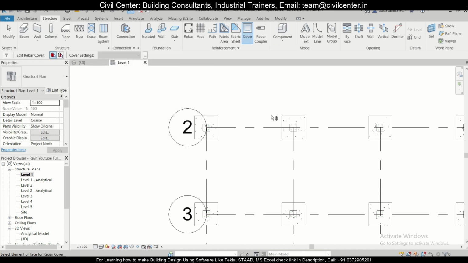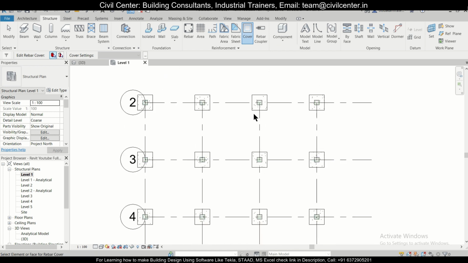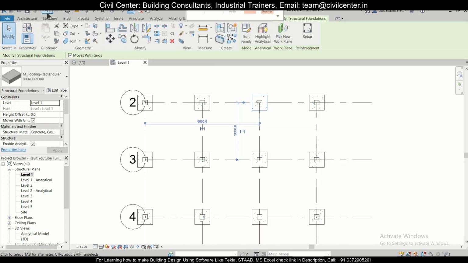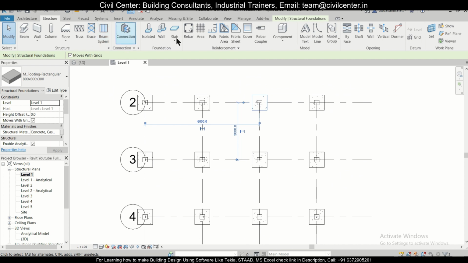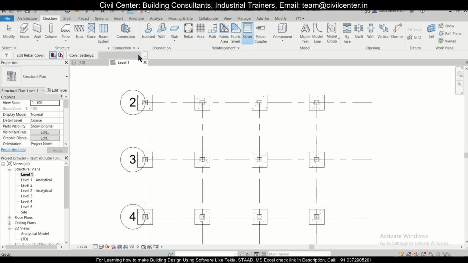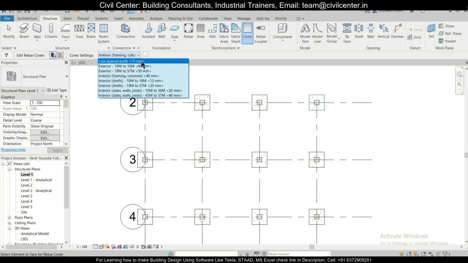We have to go for this one by one here. So select this, then structure and then cover, and set this one to 75. Like this you need to give all the footings a cover of 75.